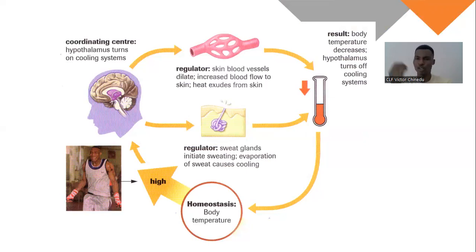Yes, it constricts, causing your blood vessels to withdraw further inside your body, trying to hold the heat that it has for itself so it doesn't lose excessive heat, because your body is cold, the external environment is cold. So it has to hold on to the small heat that it has. Now, what about your sweat glands? Do you think you're going to sweat when the weather is cold? So you don't. So this is how the hypothalamus initiates responses to maintain the internal state of your body despite changes in the external environment.